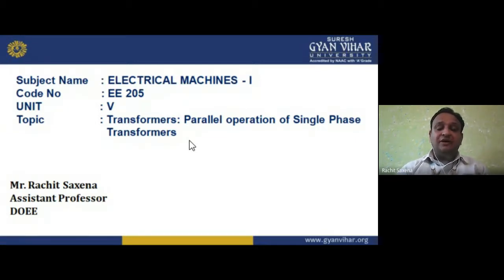Because a generator is basically a device which is used to convert mechanical power into electrical power. Electrical power we need, but we don't need DC. We need AC, because nowadays all the systems work with alternating current. In AC we have a very good facility that we can step up and step down. We can easily vary it. We can easily change it.